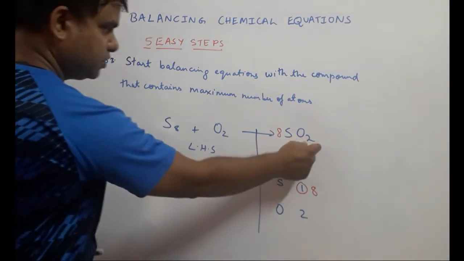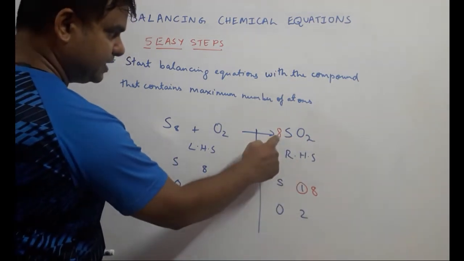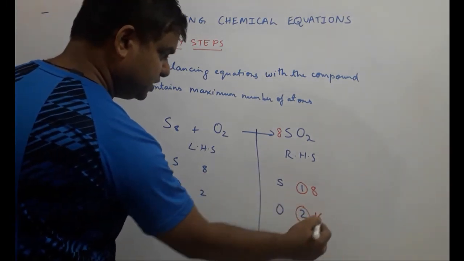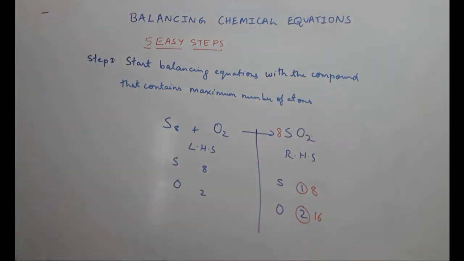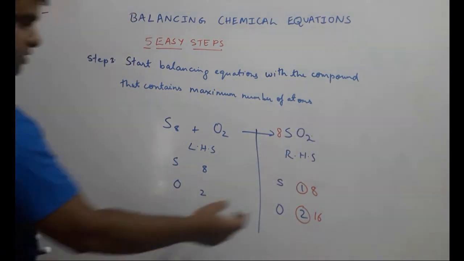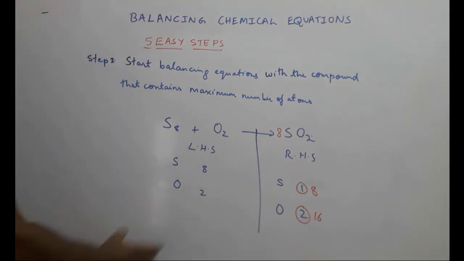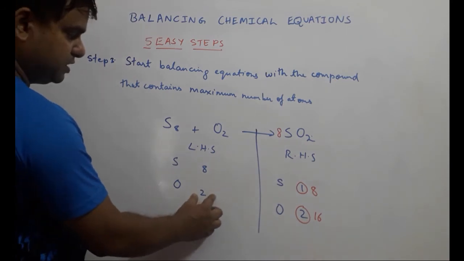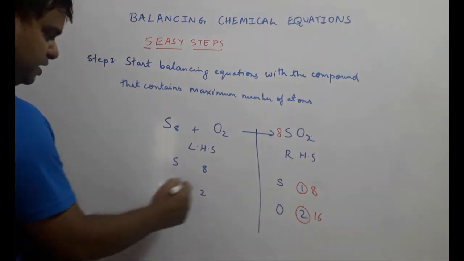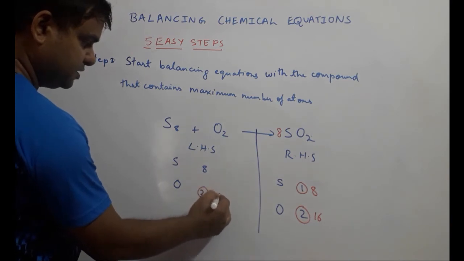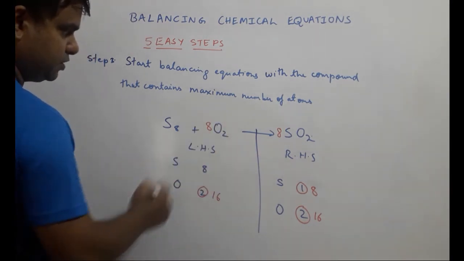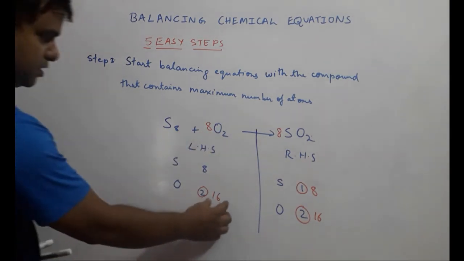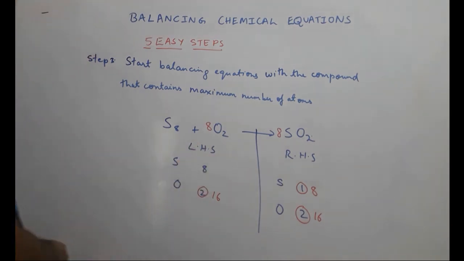But what happens to the oxygen, which already had 2, that gets multiplied with 8. So this now 2 becomes 16 on the right hand side. So if it becomes 16 on the right hand side, we need to change it on the left hand side, which is still 2. To balance it, we need to multiply this by 8. So this will become 16. So if we put 8 over here, 8 2s are 16, and we've got 16 atoms of oxygen on the reactant side as well.